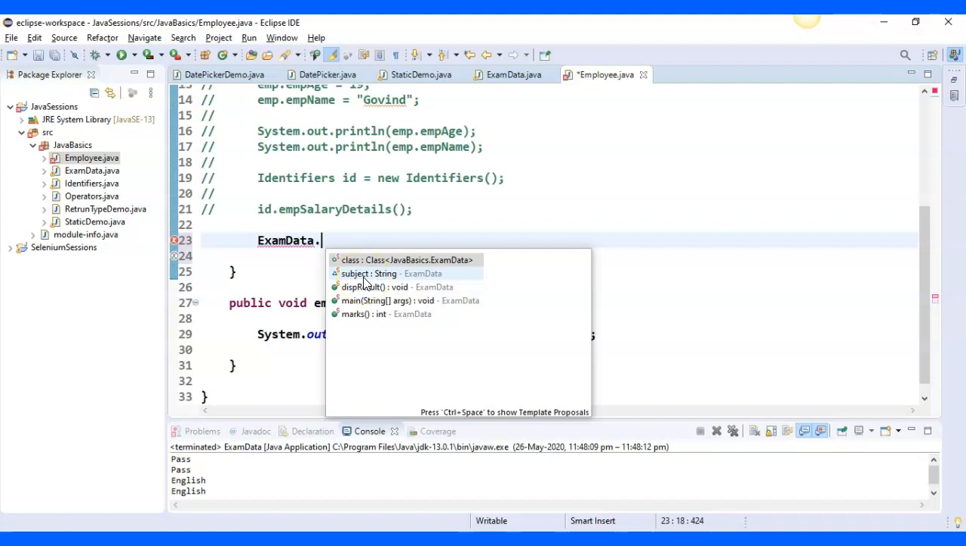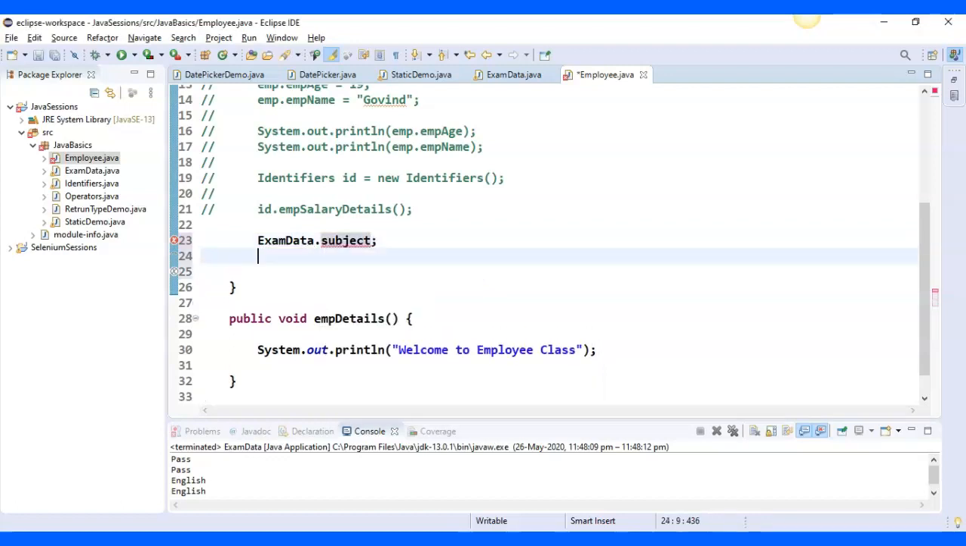Why? Because they do not belong to the class. They belong to the object, okay? So I'll just select subject. Either I can select subject, but I have to print that inside system.out.println. When it comes to a variable, you'll have to write system.out.println,